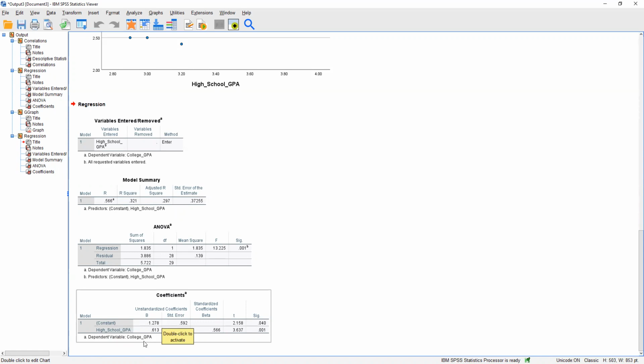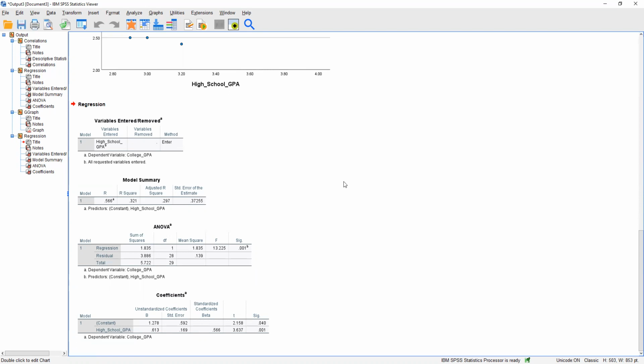The value right below it, unstandardized B, under our independent variable row, which in this case is 0.613. This is going to be our B value. And if you remember, our B value is also going to be the slope. So you can see, this roughly looks like a positive moderate slope, right? So it does show a little bit of similarity between what we found with the correlation analysis, but